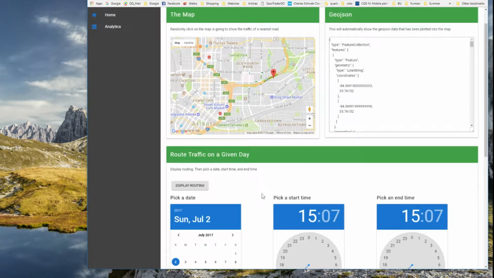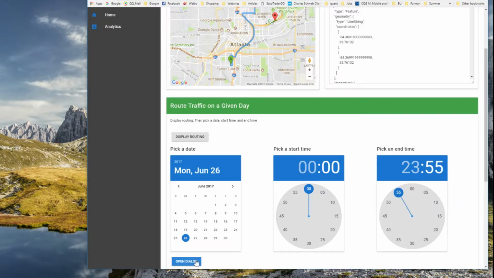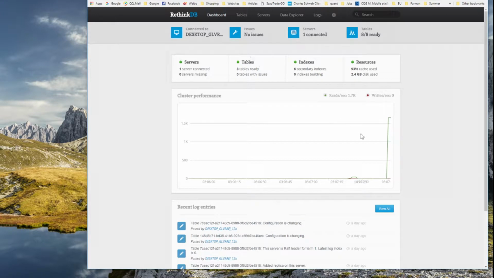The feature that I mainly worked on this week is this display routing thing. Basically I can pick a date that I have data on, and I can choose a start time and end time, and then I can start retrieving data from my local database. As you can see, the reads per second in my database starts to hike, and now the read has finished,